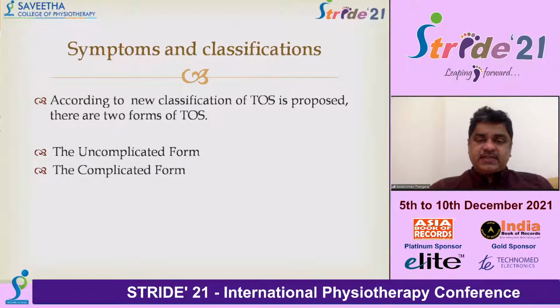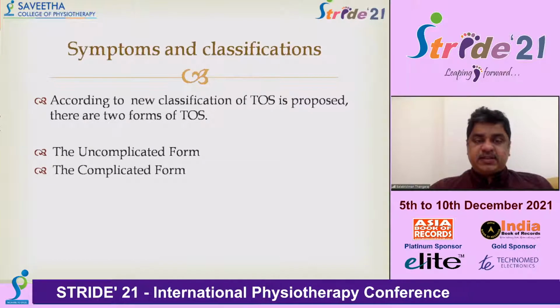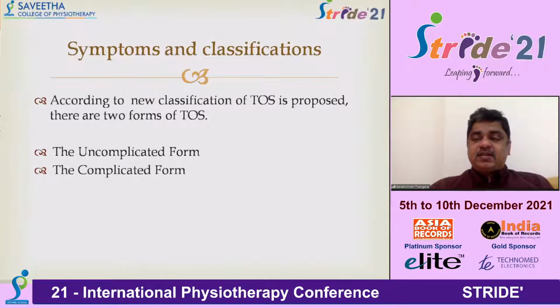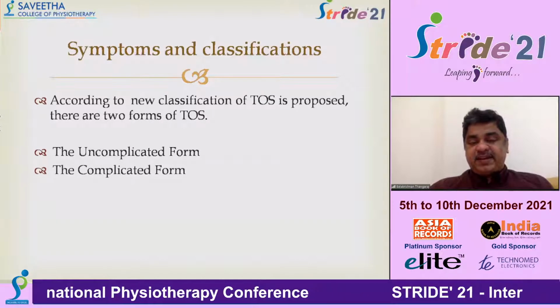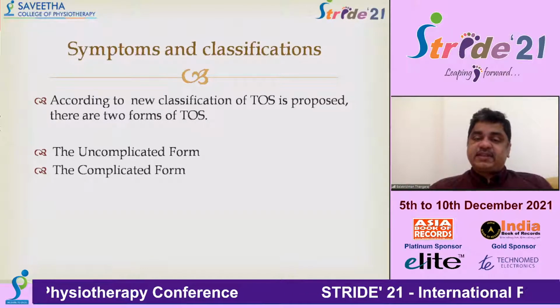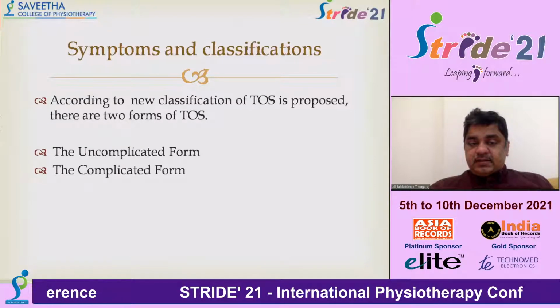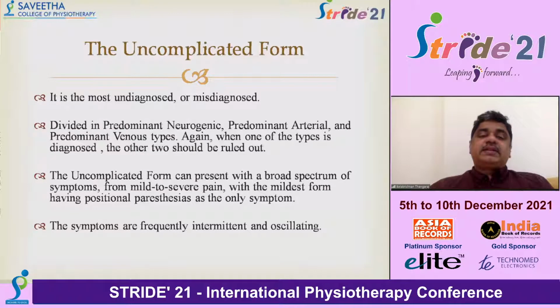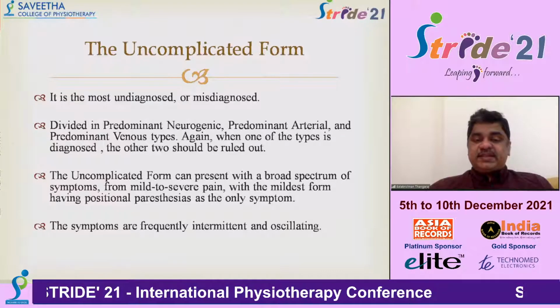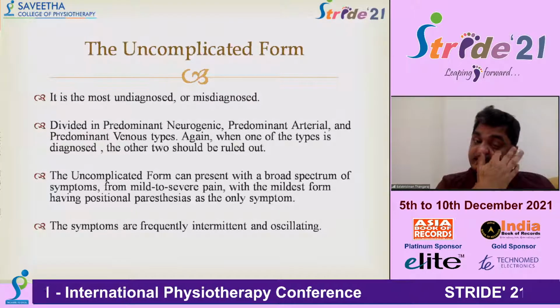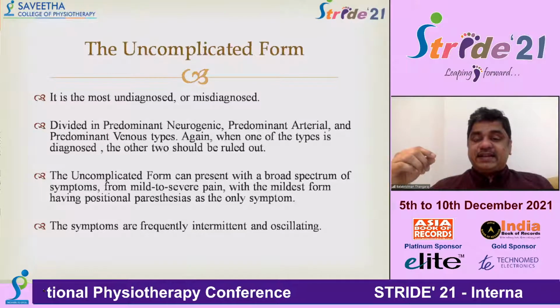According to the new classification of TOS that has been proposed, there are two new forms. One is the complicated and the other one is the uncomplicated. It's the simplest classification I have seen for the TOS. Next, please. It is a most undiagnosed and misdiagnosed form